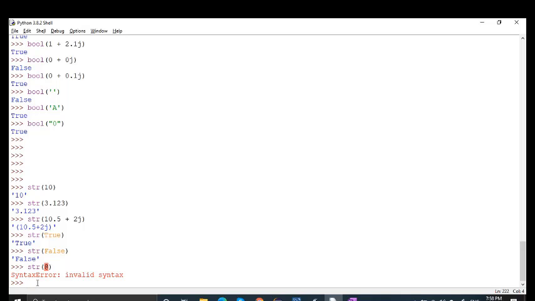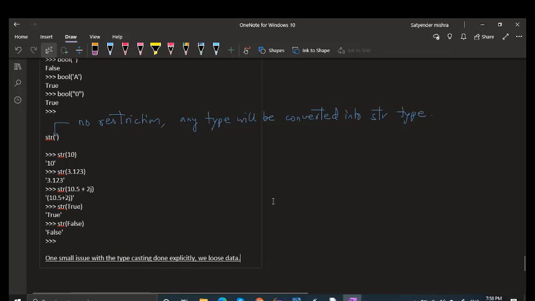Fine. So before asking a question, you should think about what you are asking. Typecasting is a small issue. You lose some of the data, but anyhow we reach whatever we need, we can do that with the data. So now I'm going to teach you an important thing called working with some standard modules.